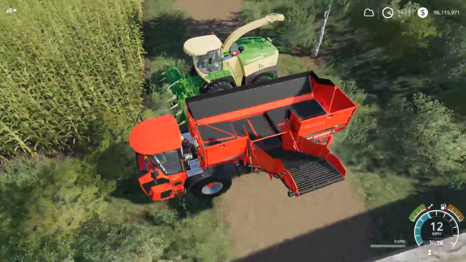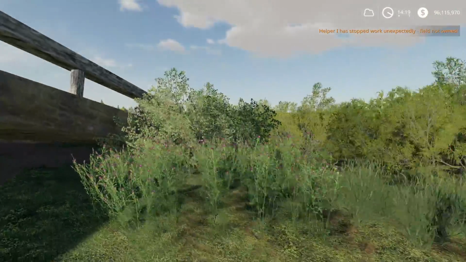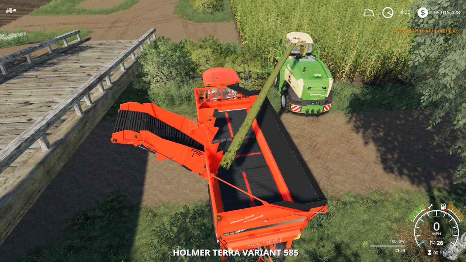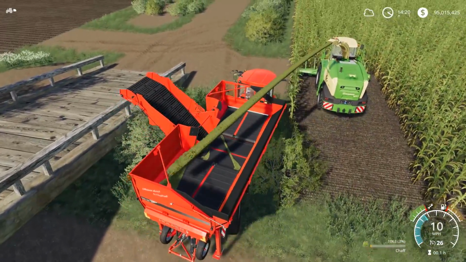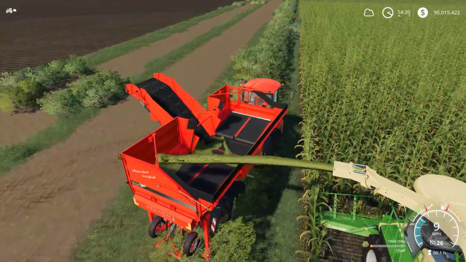I didn't realize you could do this with this. Oh, oops! Please tell me you didn't see that. All right, left button. There we go. So we're going to go into our alt steering mode. We're going to run along the field here. And he's missing crop, but...